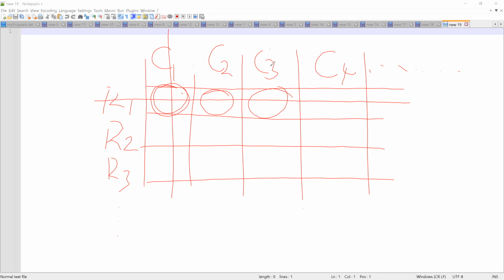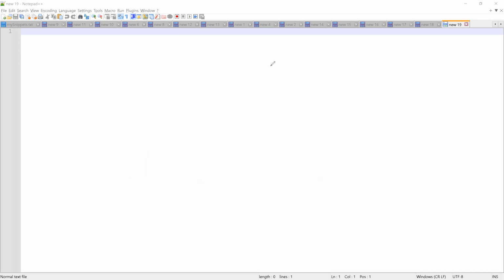So at this intersection, that's where you have R1, C1 cell. At this intersection is where you have R1, C2 cell, and so on and so forth. Now, in HTML,